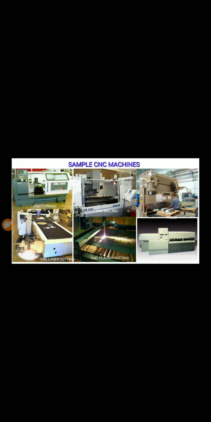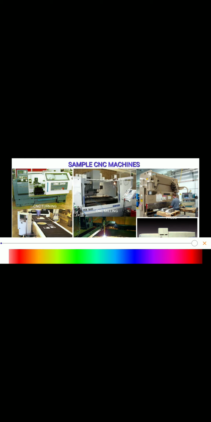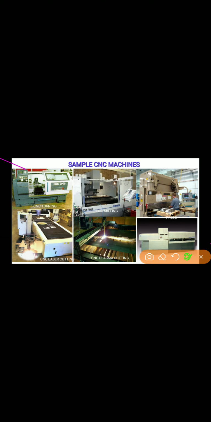In the first diagram, this is a CNC machine where various operations are performed, like turning, threading, and many other operations. This is totally machine operated, an automatic machine. You will see the computer system set in here, and the memory is working accordingly. This is a CNC milling machine, and the person is standing before the press.